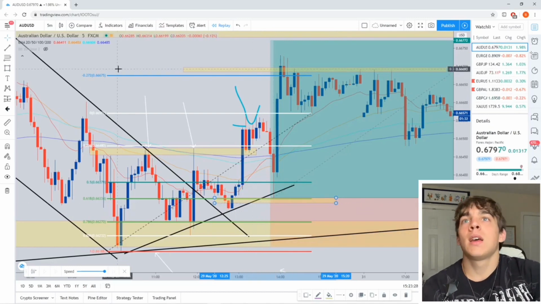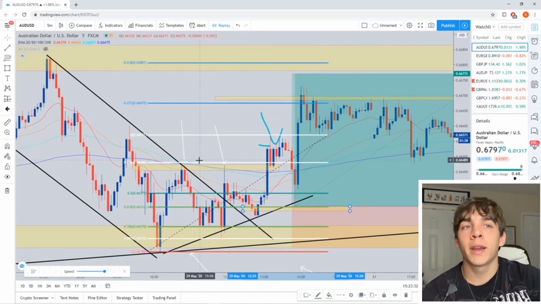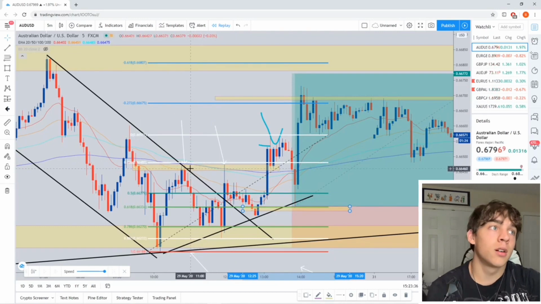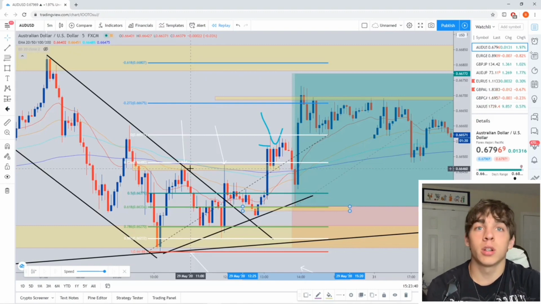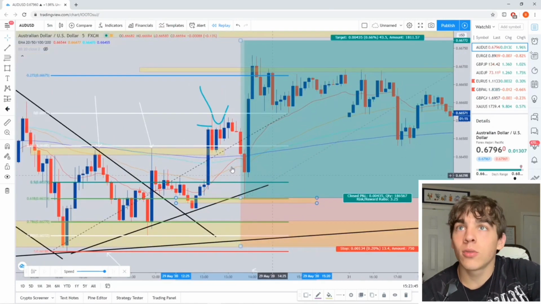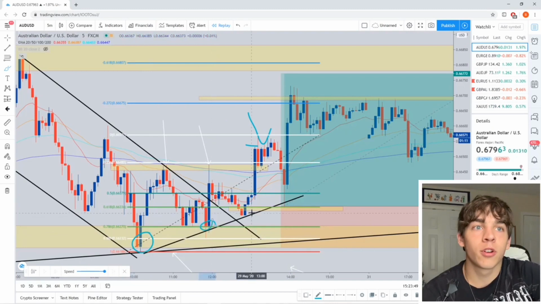Why the 618? The Fibonacci tool measures your reversals or continuations when it comes to a pullback. So in this video, I could say the 618 entry is where we're going to look to enter. And not only is it a 618, we realize that this ascending trend line begins to form,